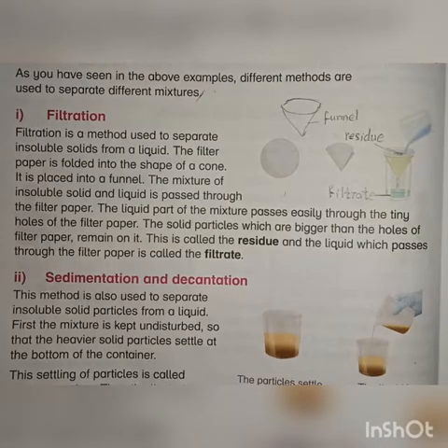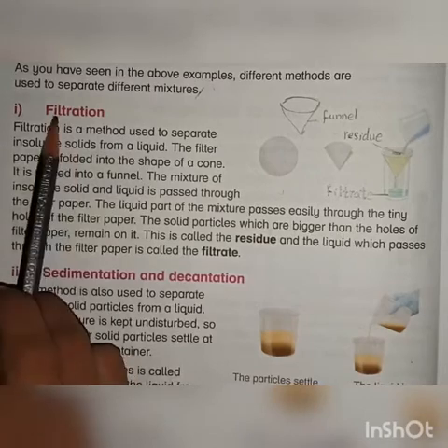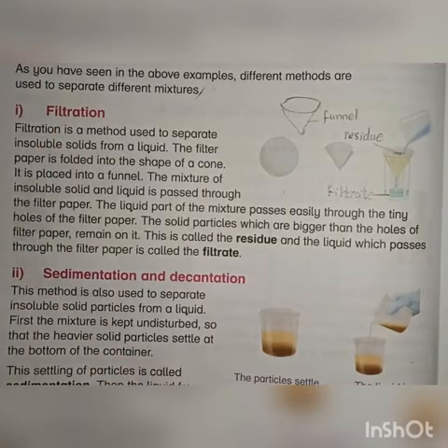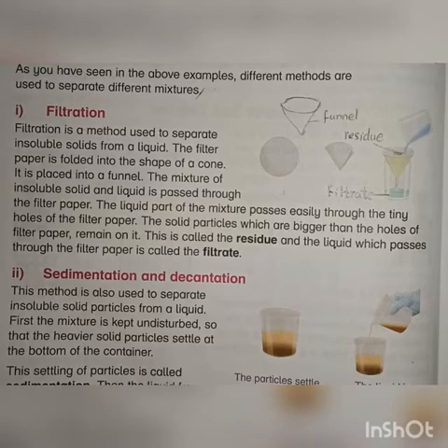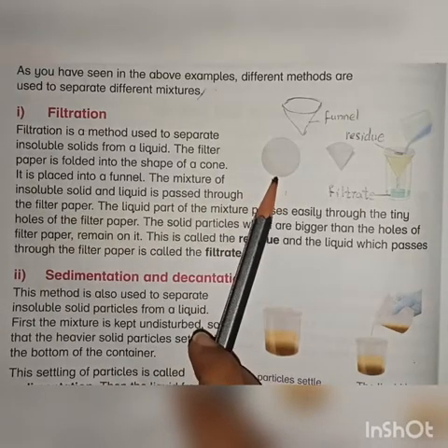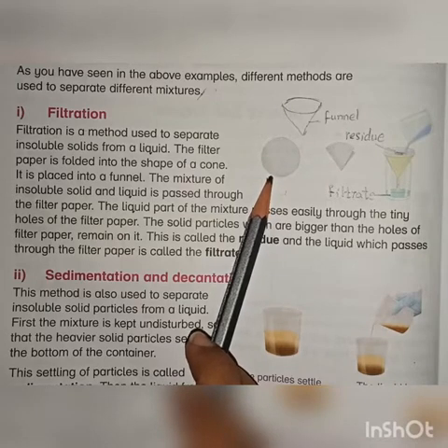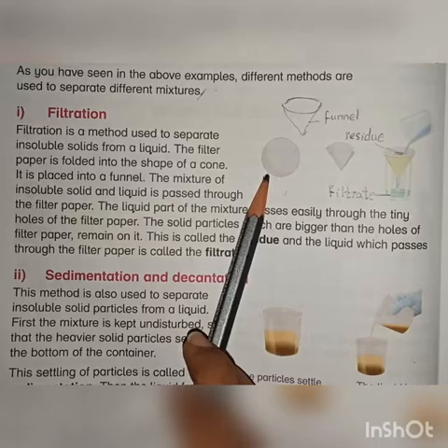Let's start the explanation. As we know, there are different methods that are used to separate different mixtures. Filtration method is also one of the most important methods, and this method is used to separate insoluble solid particles from the liquid. It means solid that is not soluble in liquid can be separated through filtration process. And in this process, a filter paper is used. This is filter paper, and there are tiny holes on the filter paper. They do not allow insoluble solid particles to pass through them.